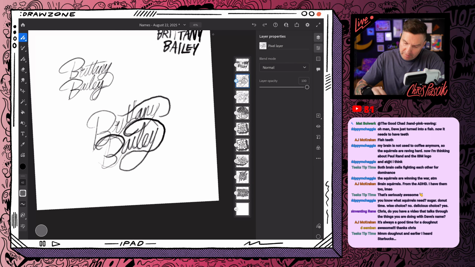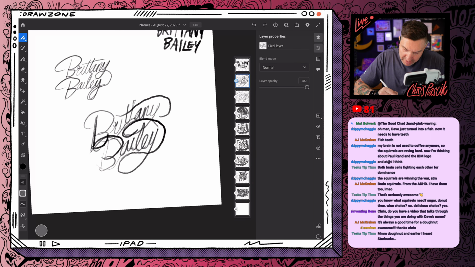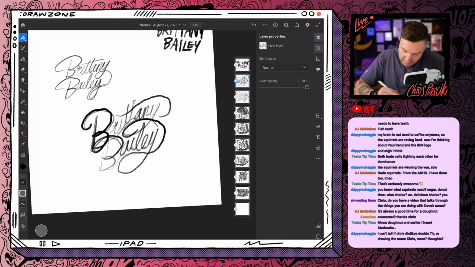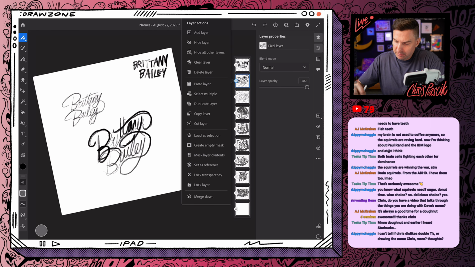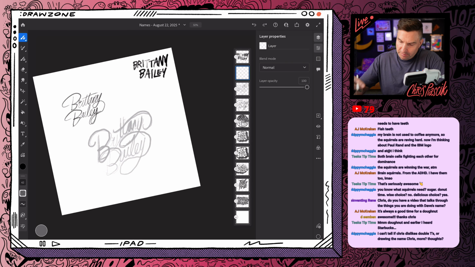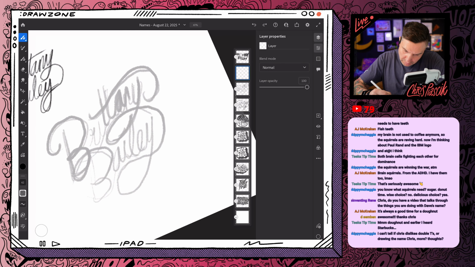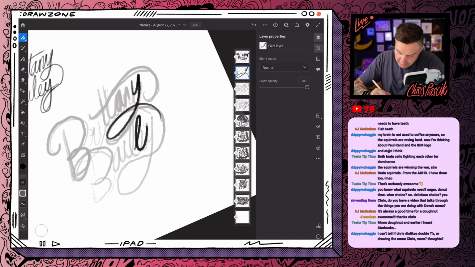Like something like this could possibly be cool. The issue is that L comes up too high. Let's see. Can we do something with this? So if like the L was in this space here,